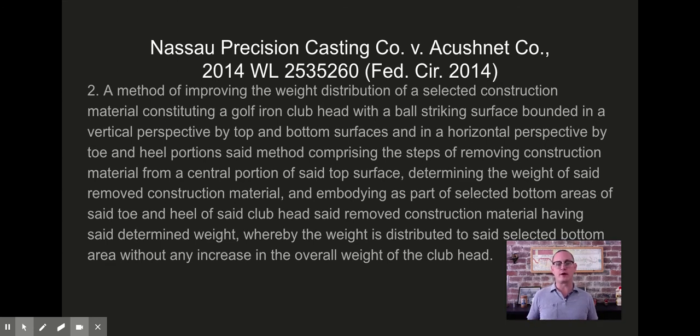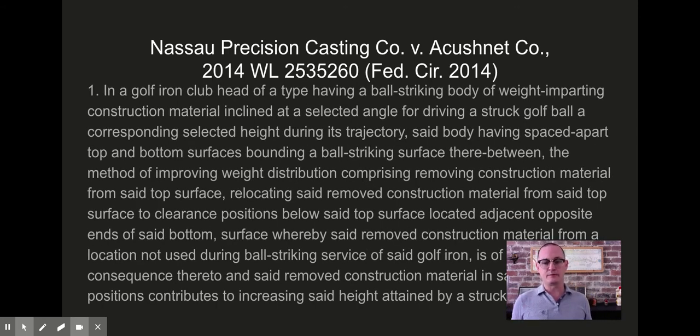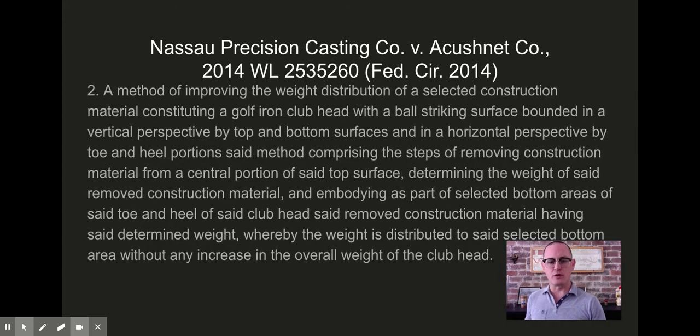A method of improving the weight distribution of a selected construction material constituting a golf iron club head, right? And when a patent uses the term constituting, it means that these and only these limitations are present. And you'll note that the first claim uses the term comprising, I believe. Well, anyway, we can see the term constituting is used here, and the Federal Circuit looks at the club in question and says